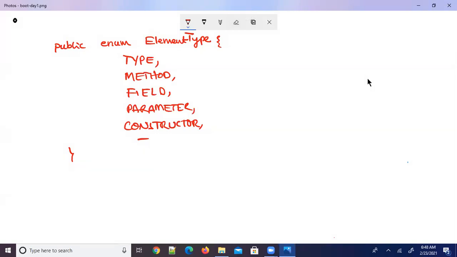So let's move on. Now everybody, just concentrate on this. Consider that entire Spring Boot and microservices, we use only annotations.